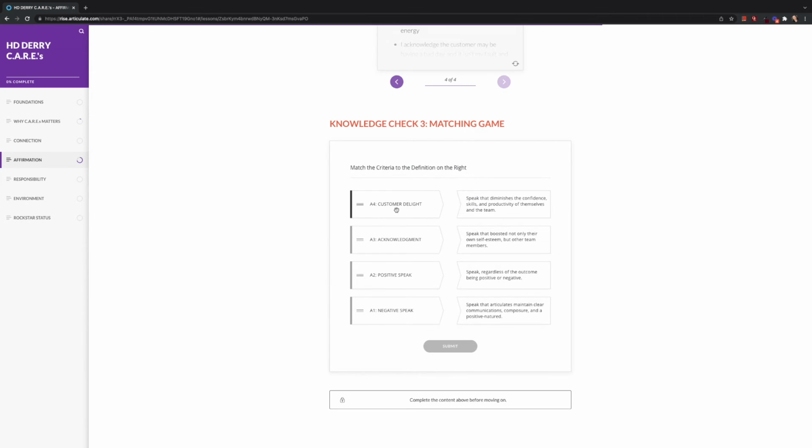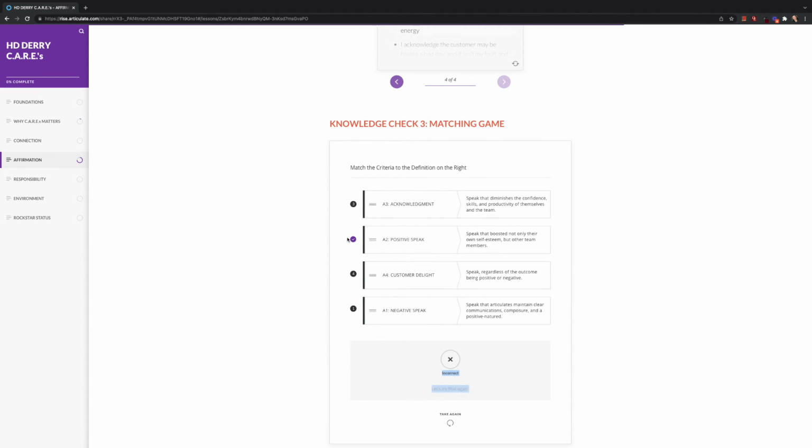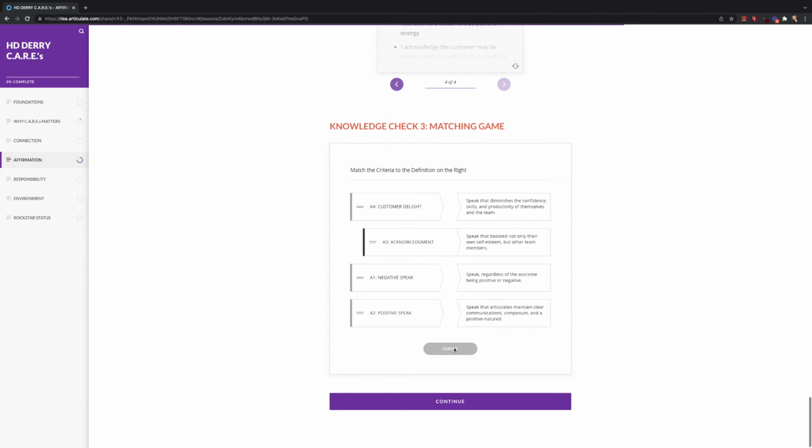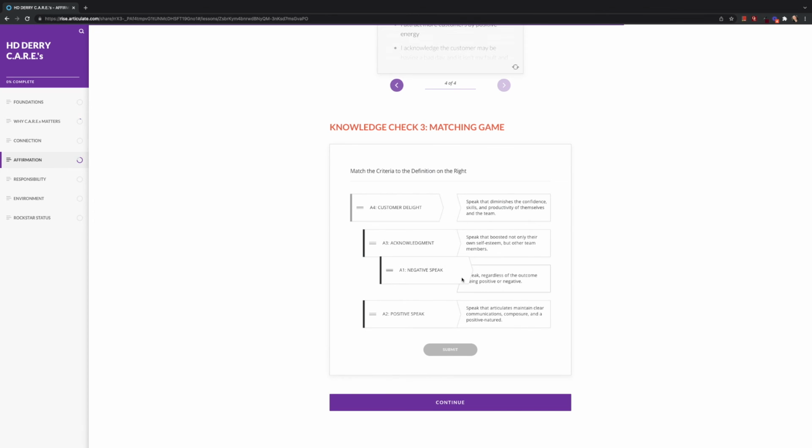So you'll see it randomizes the different criteria on the left with the definitions on the right. So if you line up the different statements, and I'm just doing it and I hit submit, it's actually going to show you which one's right, and so I'll have to try again. So hit the try again and then answer. It will not allow you to continue if you try to without answering all the different